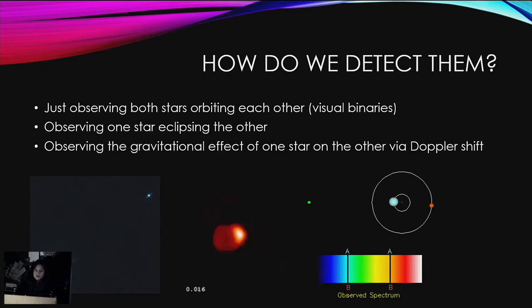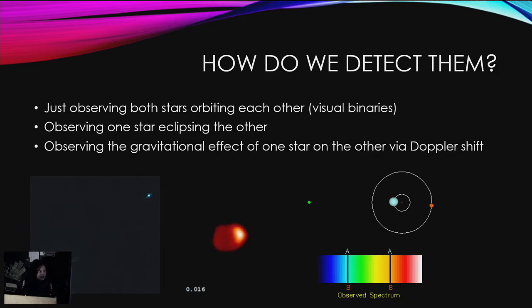But if one of the stars is so small that we can't see it with a telescope or with the eye, we can still figure out that it's there, because as the smaller star orbits the bigger star, it, let me see if I can get this. Nope, sorry. That was a GIF. It was really cool. As the smaller star orbits the larger star, it causes the larger star to wobble a little bit. So, over there, the larger star would be the blue one, and that little circle it's on, that would be its smaller orbit,